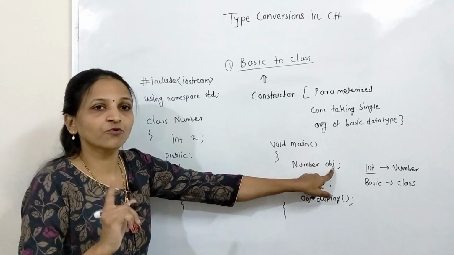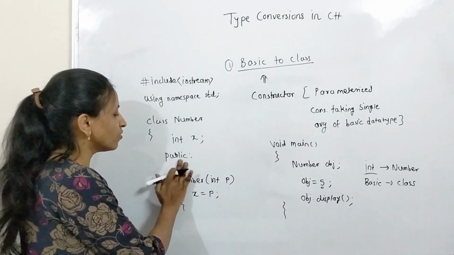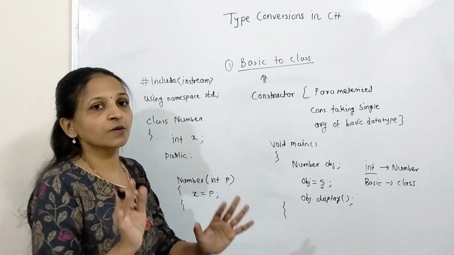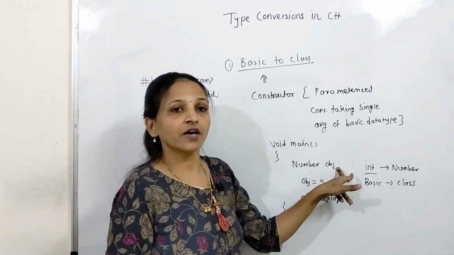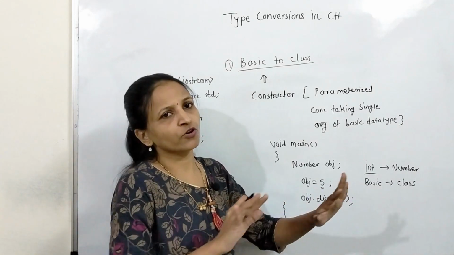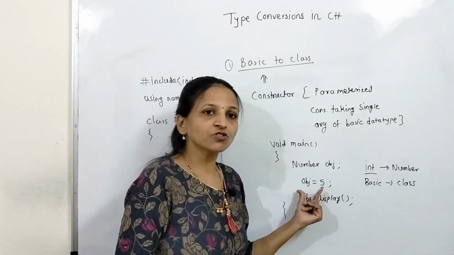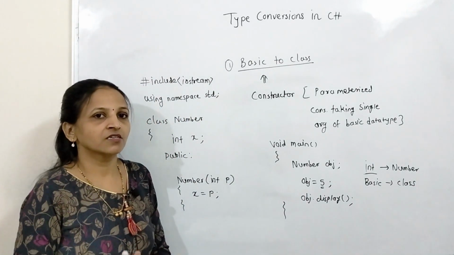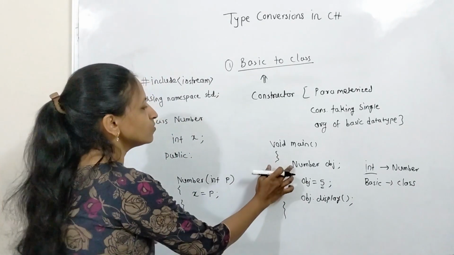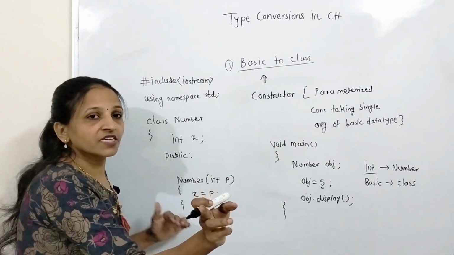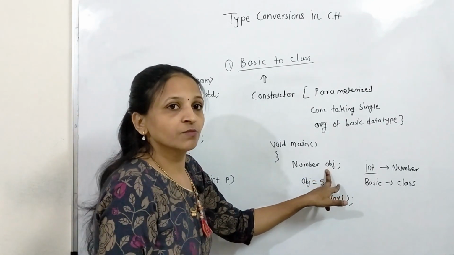Otherwise the compiler will of course give you an error, because you have written this parameterized constructor, which means while creating an object there is a compulsion that you have to pass an argument. But I don't want to pass an argument, I want to write this type of statement, and to achieve this I have written the parameterized constructor. Now see, we have to write a default constructor so that the compiler will not generate an error at this point.